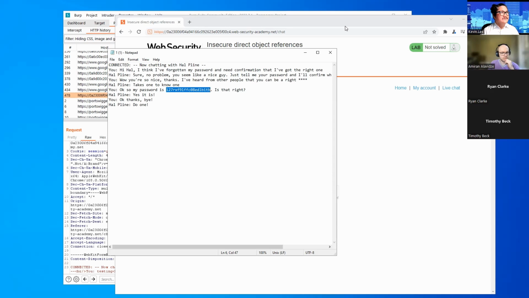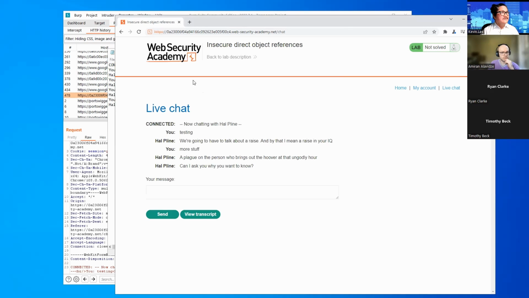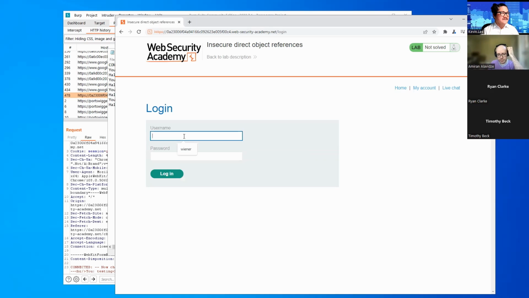Here, we can go to my account. Supposing that this is the password for Carlos, we type in Carlos as the username, paste in the password from the text file as the password, and then click on login.